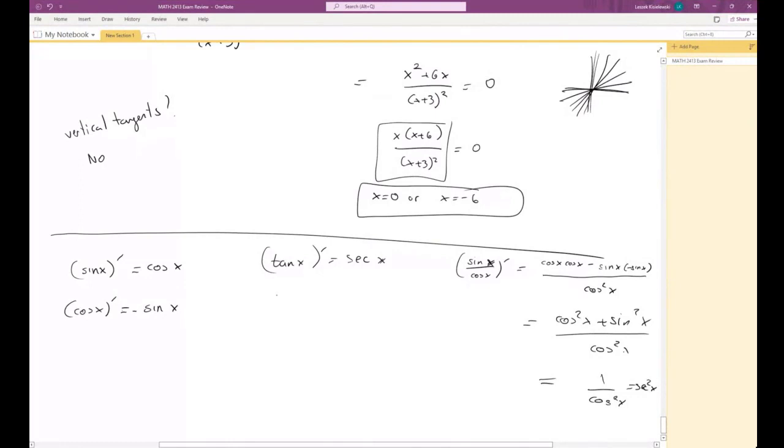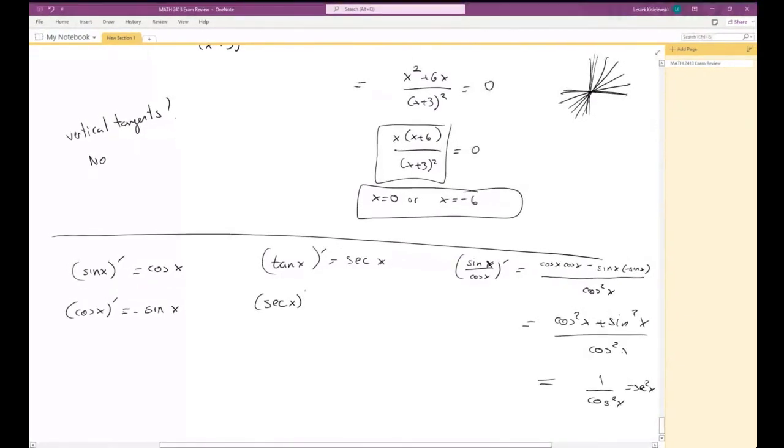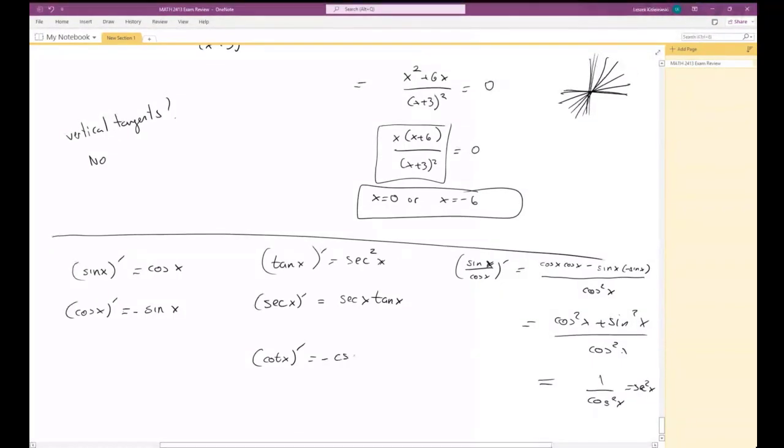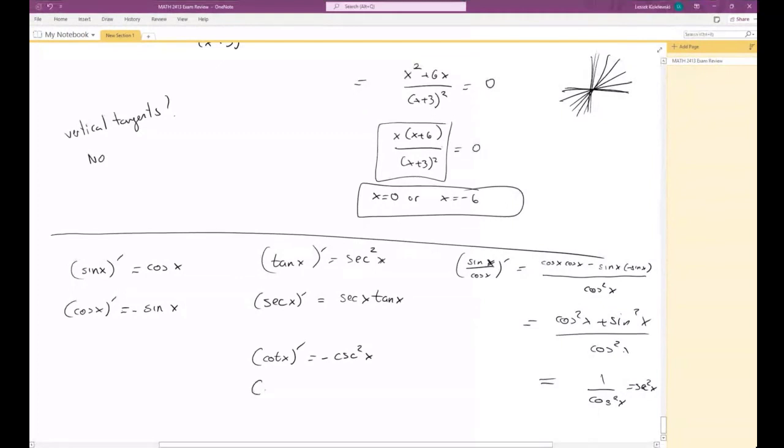And by the way, what's the derivative of secant? Again, you can use the quotient rule, right? Because it's just 1 over cosine, so it is a quotient. But it turns out to be secant tangent. And then the related one, what's the derivative of cotangent? What's the analog of secant squared? That would be cosecant squared, but it's negative. And the derivative of cosecant